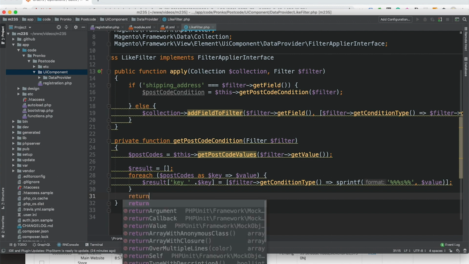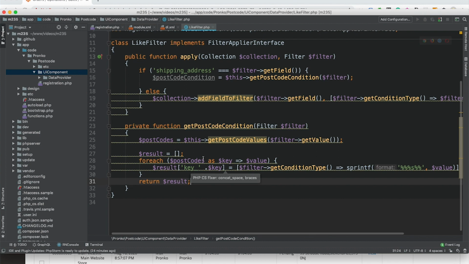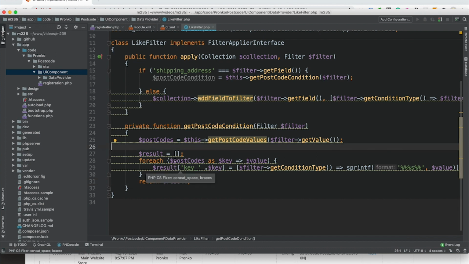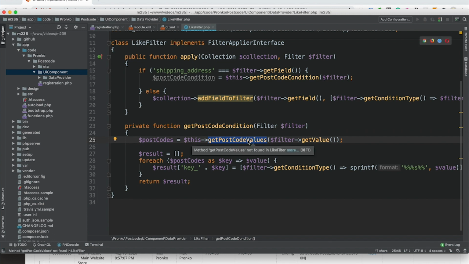And I return a result back. Alright, so this is a get condition implementation. Let's move on and implement get postcode values.